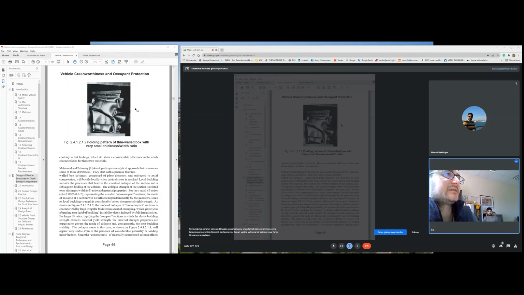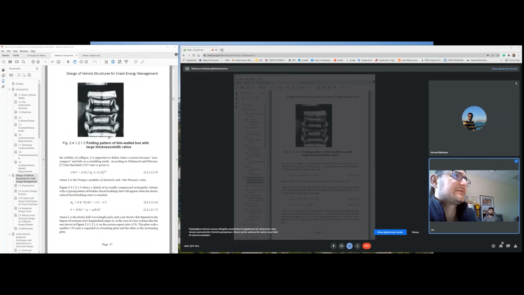The buckling creates a kind of non-smooth, a very different type of modes here. But when the thickness of the bar is increased, you can face much smoother collapsing,